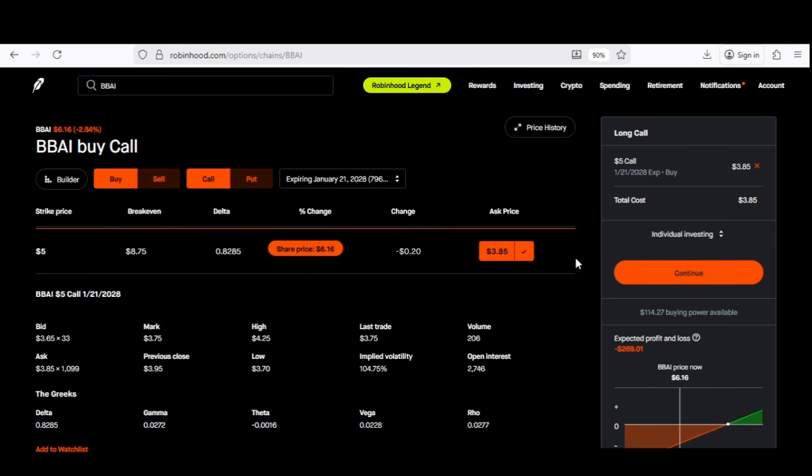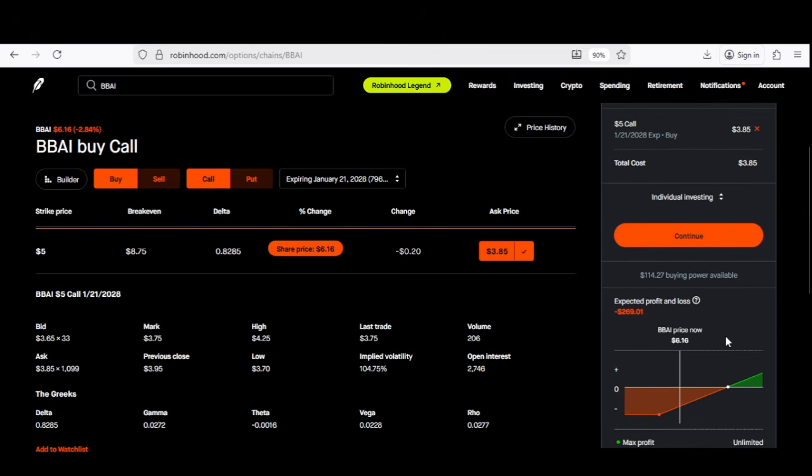So when you decide to go ahead and do this long-term option strategy in your account's portfolio, then you're going to be making money. Now, let me show you again how you make the money by using a graph. If you follow me down here to this graph, as I go up with my cursor, I want you to look at the expected profit and loss right here. As I go up, you can see the expected profit and loss goes up as well. So if the share price does go up to $9.75, then you're going to be able to make $93 on